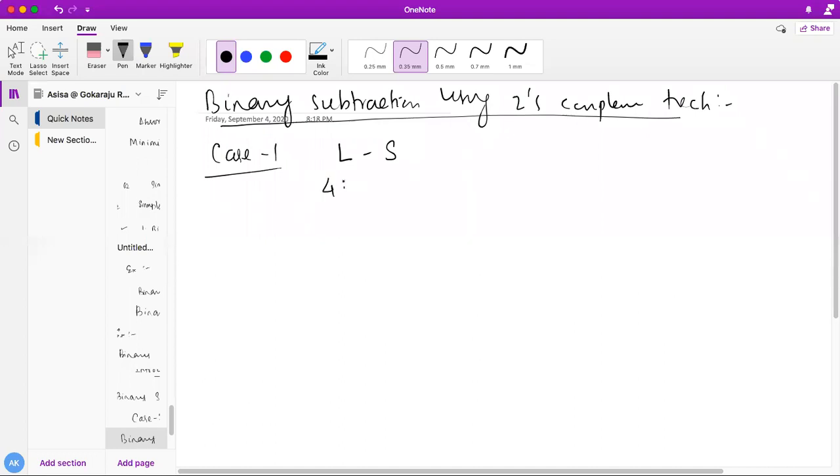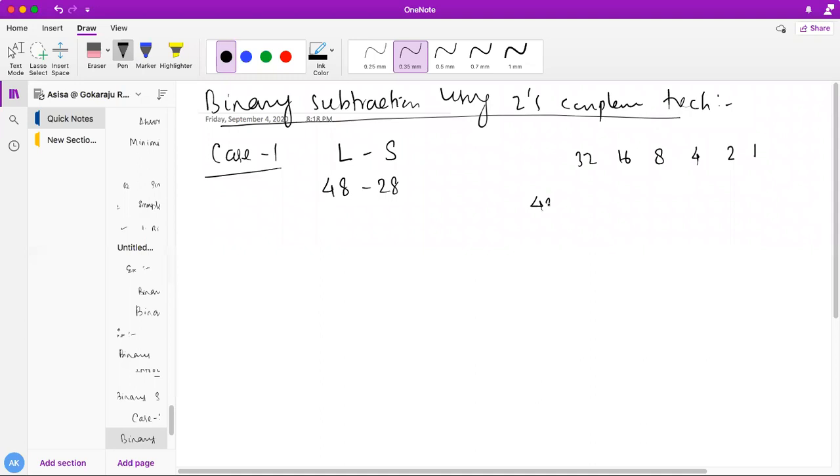Let's say 48 minus 28. I'm going to perform subtraction between 48 and 28. What do I have to do here? Very simple. You first need to convert the numbers into binary. How do you convert to binary? You can use the weights 1, 2, 4, 8, 16, 32. Is that enough to represent 48?